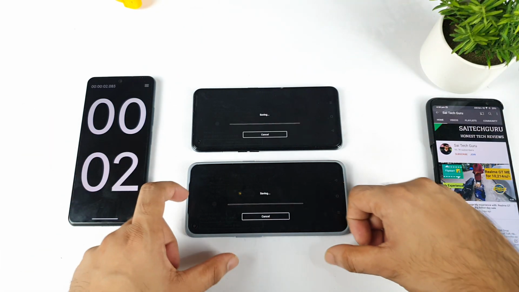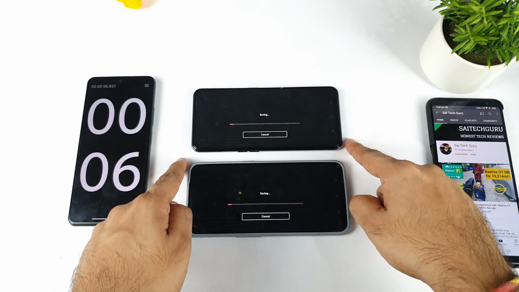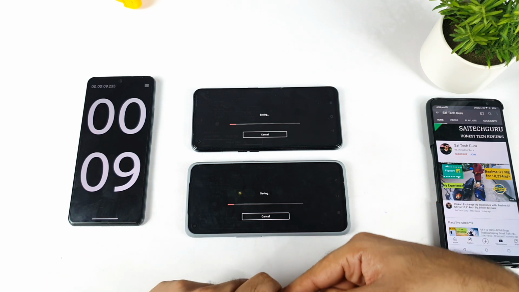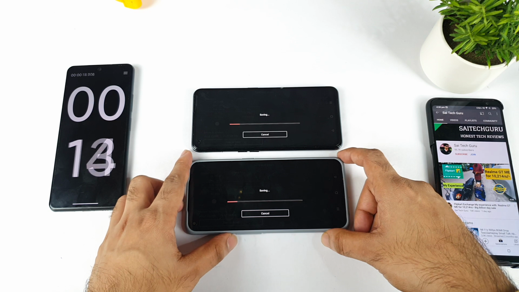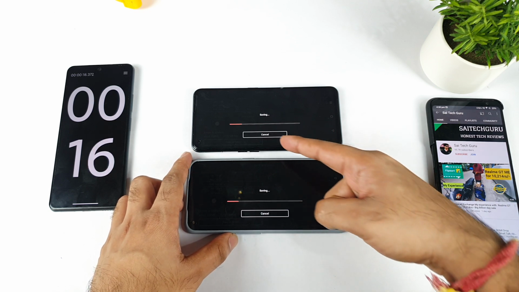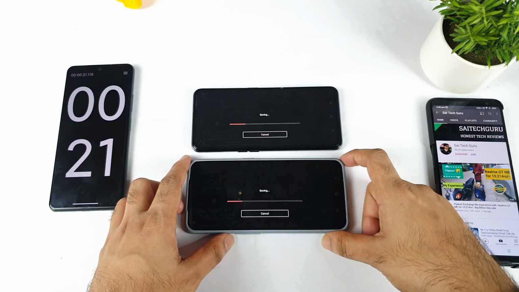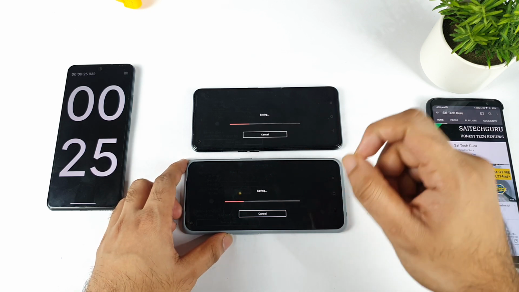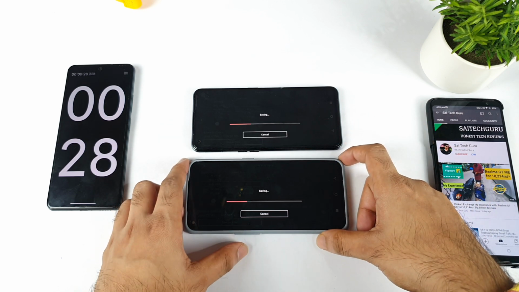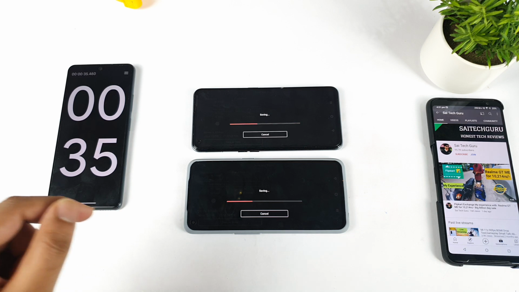So I did click at the same time on both phones, and here we go. You can see the Dimensity 1200 and the Snapdragon 778G processor. It's very close to each other. They're moving, as you can see, exactly very close. I think the Dimensity 1200 can finish slightly faster. I think so, maybe. If you take a look, yes. So Dimensity 1200 a little bit faster. I'm not using any kind of GT mode or any kind of high performance mode at this moment. So without using any high performance mode, these are the results which we got.